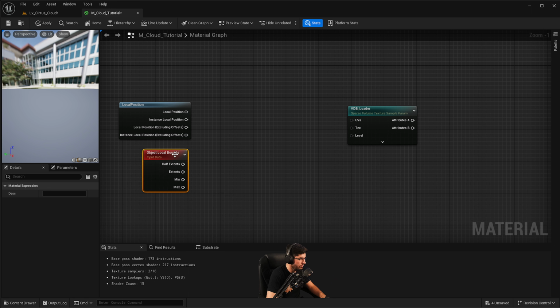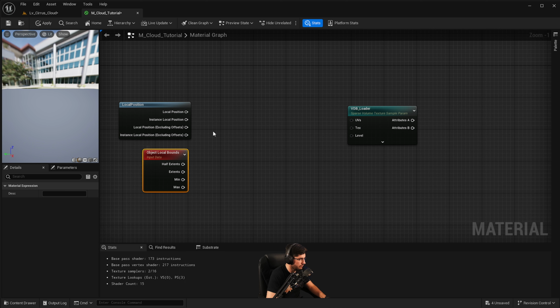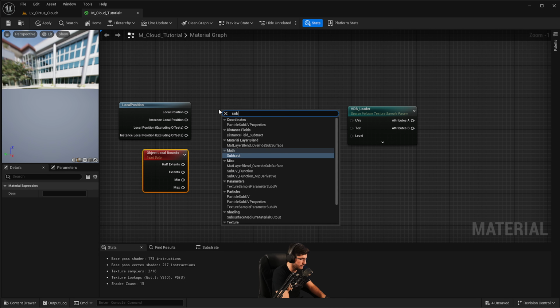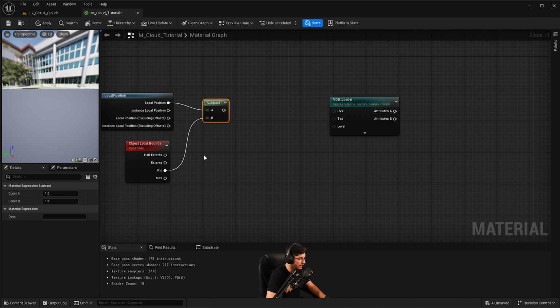So now we want to subtract the local position of this from the minimum object local bounds. So we're going to add a subtract node in here. We're going to link the minimum to the B value and the local position to the A value. And now we can also divide between this subtraction that we've done here and the full extent of our bounding